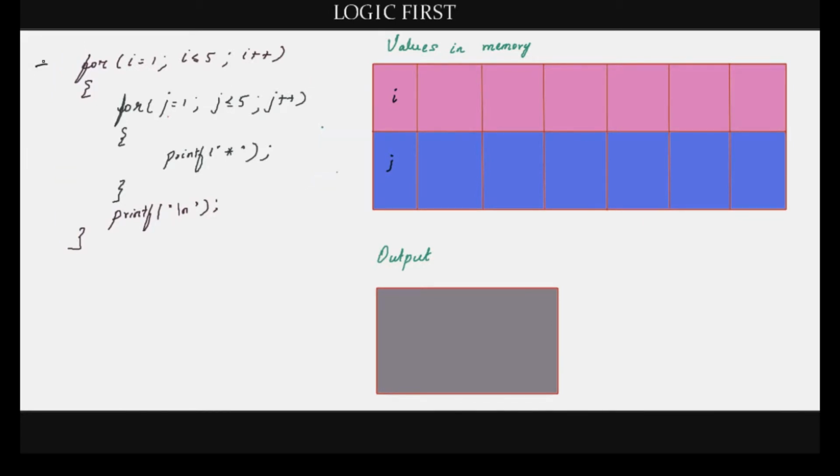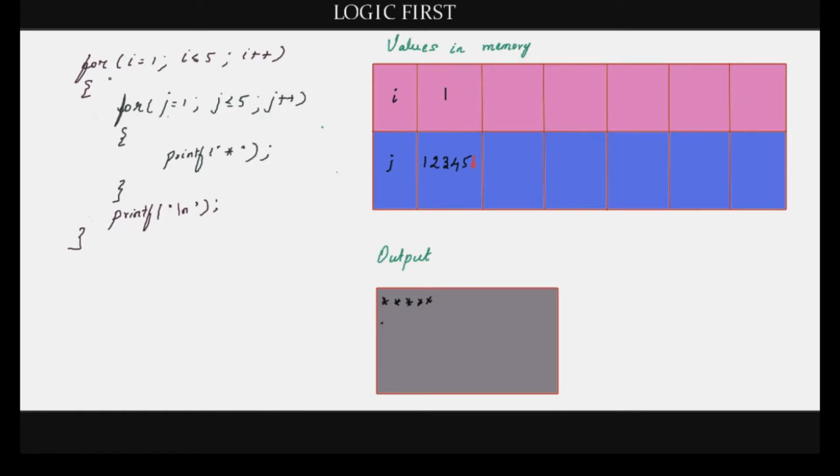When the execution begins from the outer loop, initially the value of i will be 1. When the execution of the inner loop begins, the value of j is 1. Printf will be executed and a star will be printed in the output. Then the value of j becomes 2 and another star gets printed. And then it becomes 3 and one more star gets printed, and then 4 and then 5. It also becomes 6, but then the condition fails and the execution of the inner loop comes to an end. So here this printf will be executed and the cursor will be moved to the next line.